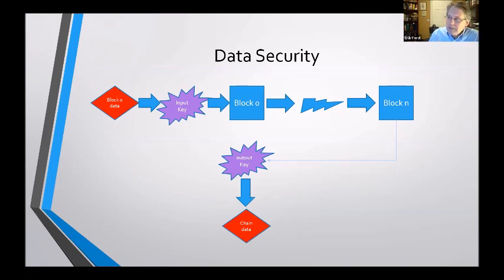This is on a secure blockchain. It becomes encrypted, and to read the data, you have to have the output key in order to read it. So those that are passing the data along, if they don't have an input key or an output key to encrypt and unencrypt the data, it's just simply nonsensical information that they're passing along, because they can't decrypt the actual data that's in the system.